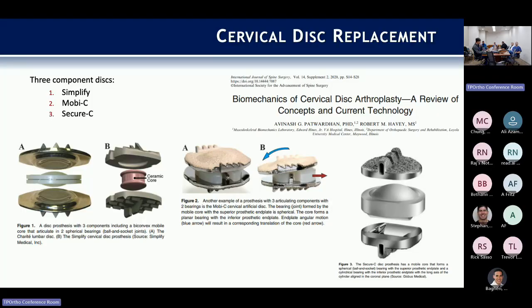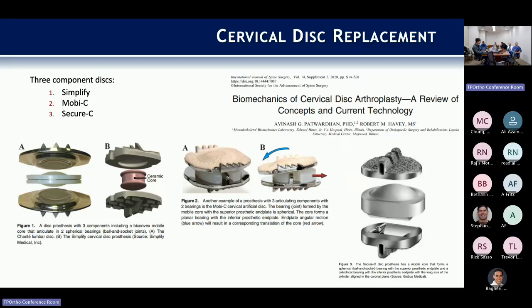They essentially, due to the 3-part design, allow for more motion. The 2-piece options offer stability with a fixed core, and then the choice can be dependent on your clinical goals